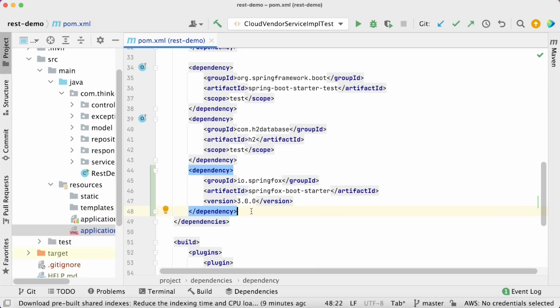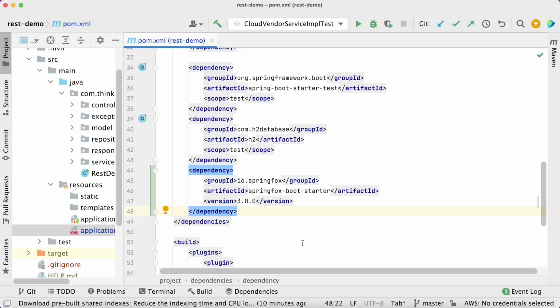After adding this dependency, my Spring Boot application has become capable of generating the API documentation. All right, all the default things will happen and it will be able to generate a document which we will be able to test via Postman as well as from Swagger UI. I'll show you both now. Then I will tell you what customizations you can do.